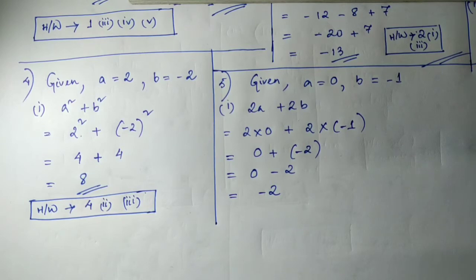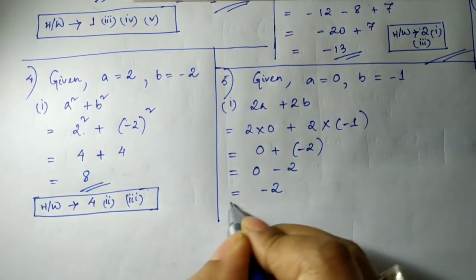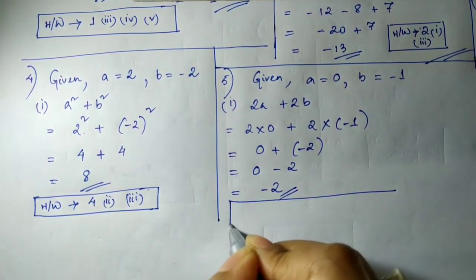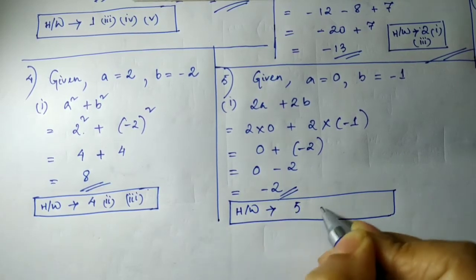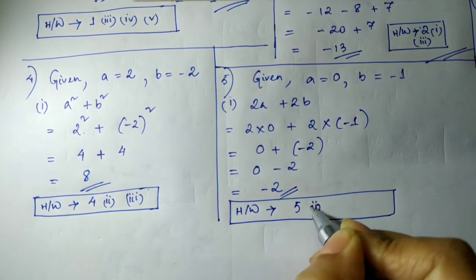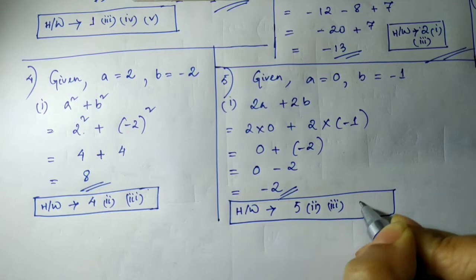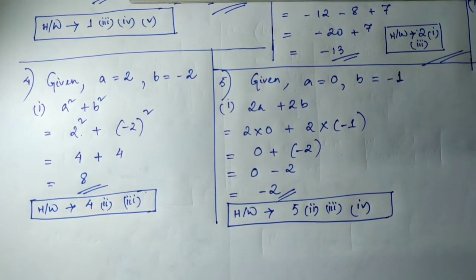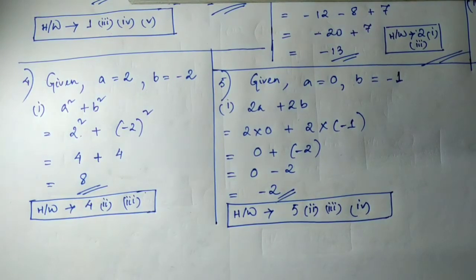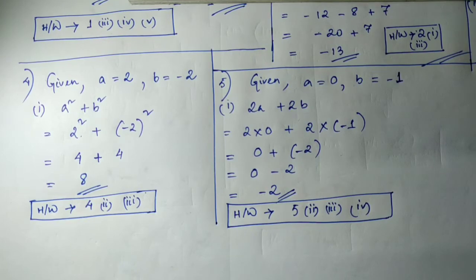So I hope you can do the rest of the sums, that is 2, 3 and 4 of question number 5, in the same way, because it's just simpler. So just try question number 5, 2, 3 and 4. Make sure that you are not making any mistakes with the signs, and be careful while adding, subtracting and multiplying the numbers. Now let's move on to question number 6.